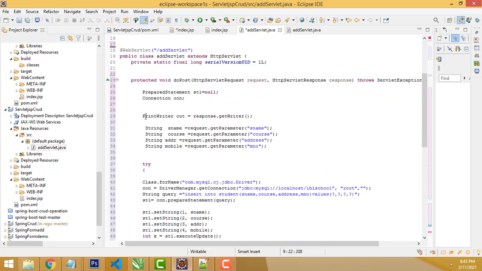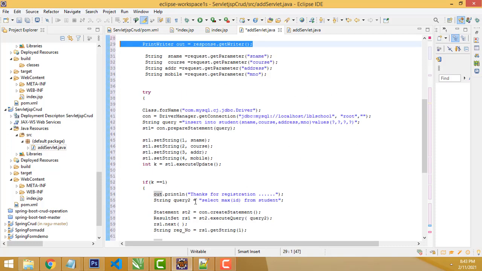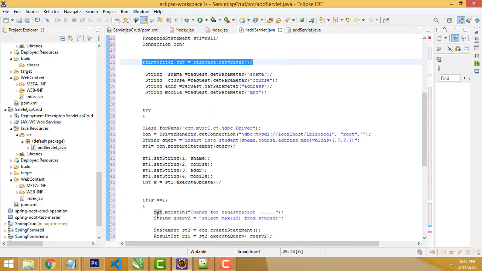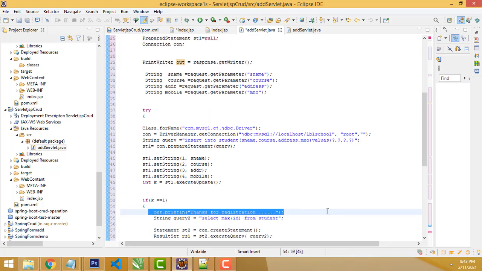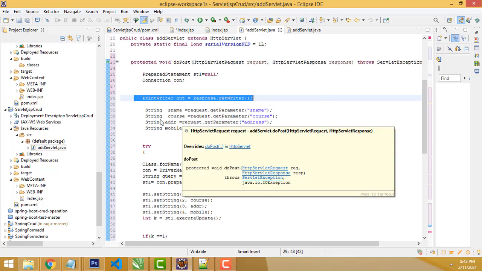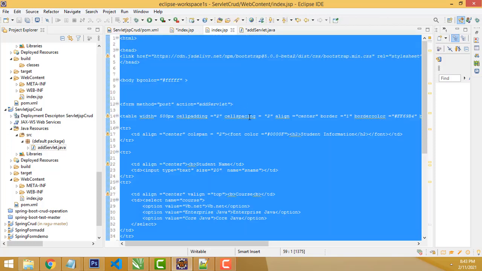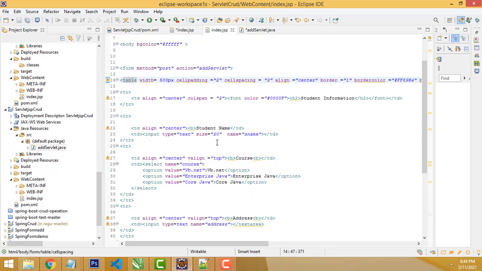Okay. Now after that we have to create the PrintWriter out from response.getWriter. What is the response you are getting? You can write out.println, whether you get the success message and everything you have to write here. If you have not imported this class, you can't get it here and write it. Okay, so you have to write like this. After that we have to write this one. Here is where you can post the values.